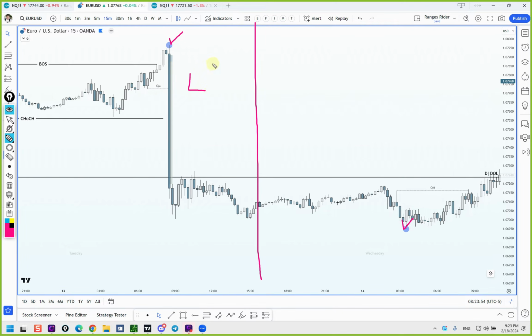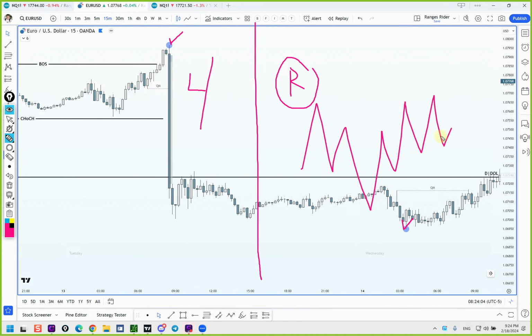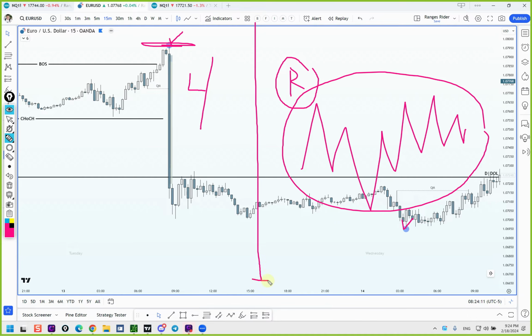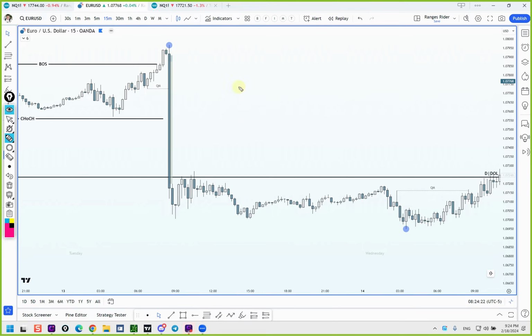And whatever happens on the right side of the leg, nothing is going to change the structure. We could be here maybe for even 2 months. Nothing is going to change the overall direction until we break the left side of the leg high or left side of the leg low,